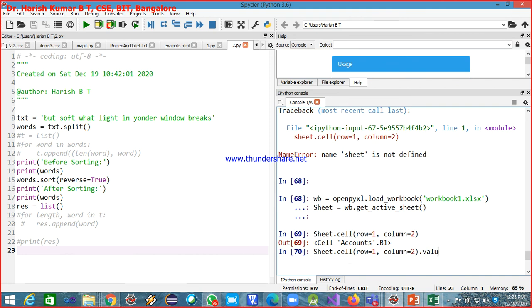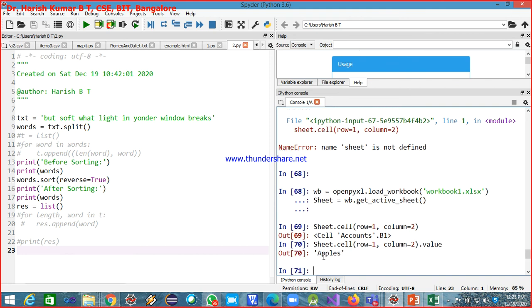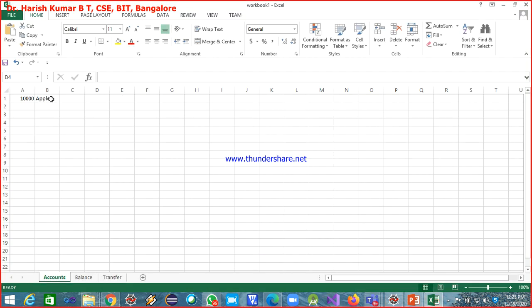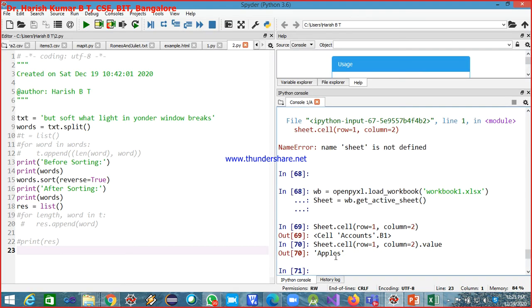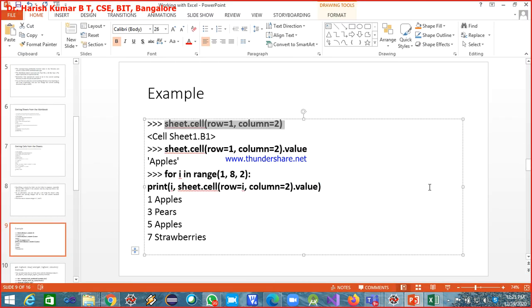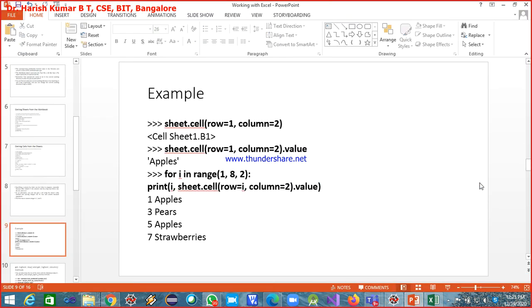Dot value. See, the value at this cell is apples, and that is obtained. So now you understood the alternative approach to access the cell and the cell values by using the integer row and column number.